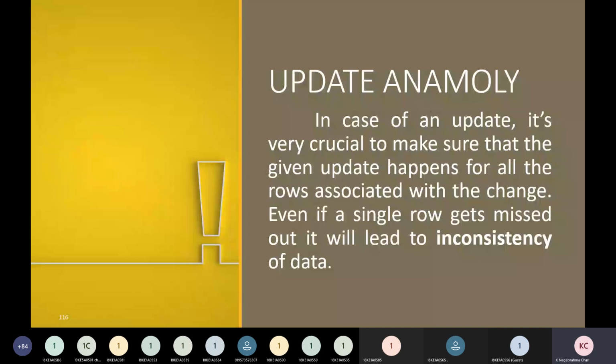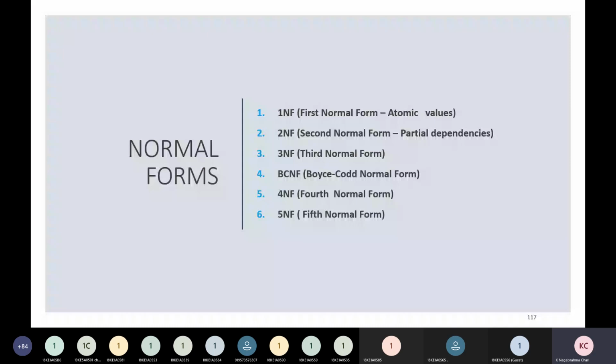Okay, now from this point of view, here onwards these normal forms are very important, and all of you pay attention.